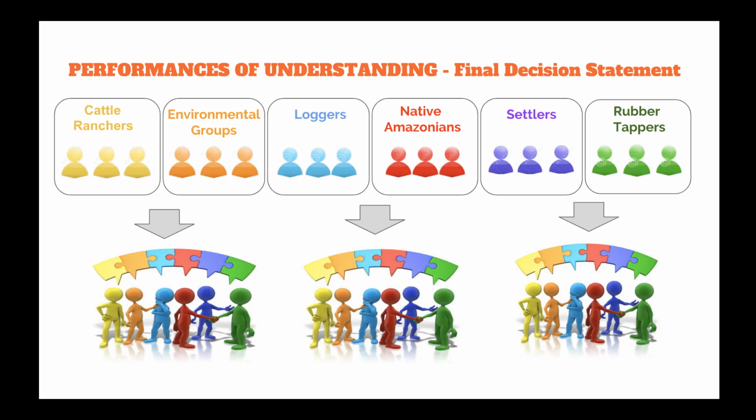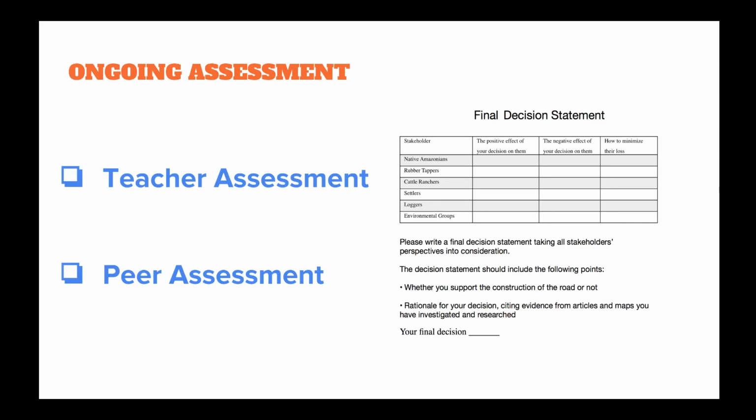After all groups have presented, students will have a class discussion about the similarities and differences among the various stakeholder statements. Then, the 6 stakeholder groups will be regrouped into 3 final decision groups. Each new final decision group has 6 students representing different stakeholders. Every group is required to make a final decision whether to build the road or not from a sustainable development perspective and take all stakeholders' interests and needs into consideration. After negotiation and compromise, each group needs to fill out a final decision statement and share their decision with the rest of the class.